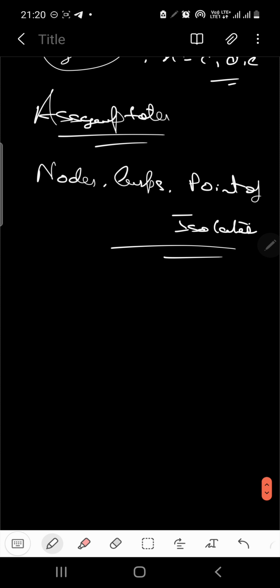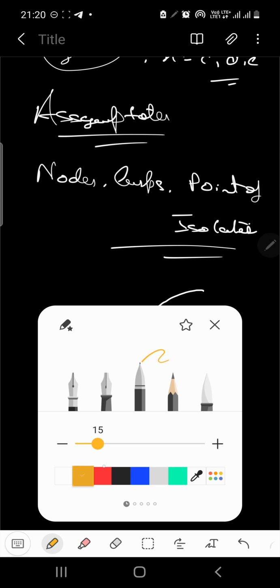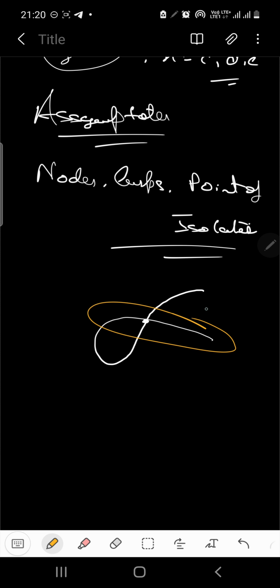What happens basically, if you have a point, say like this, and two branches of the curve you are drawing pass through the point. Two branches in the sense that this is one branch and this is another branch. So two different branches are passing through the point. These sorts of points are called nodes. If you try to draw a tangent at the node, you will get two different tangents. Getting two different tangents indicates that the point is a node.